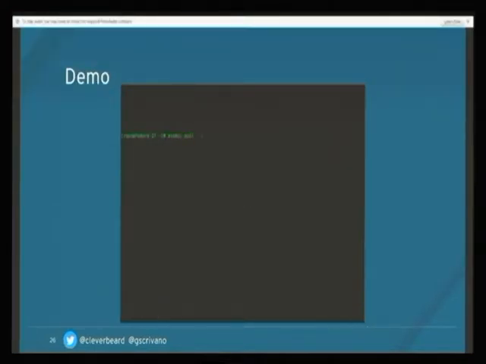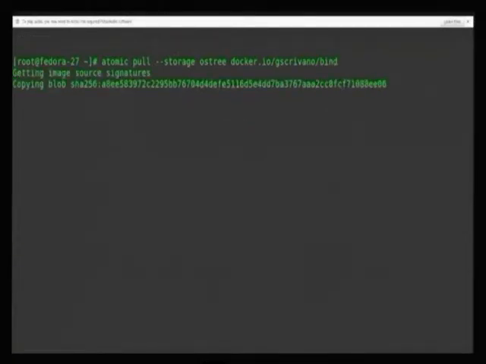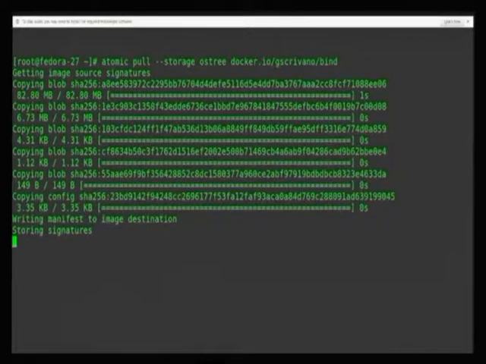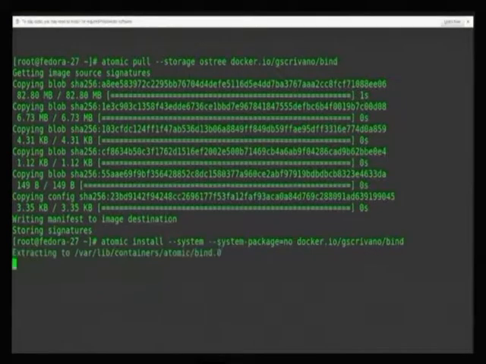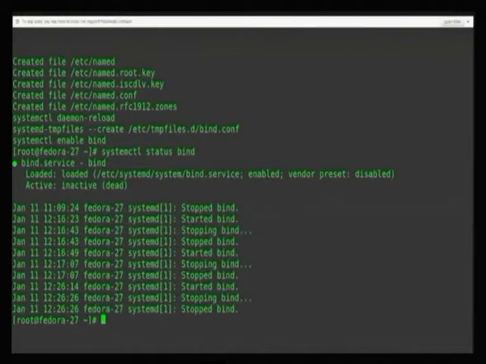And I will show you now how these things work. This image is already on Docker Hub, so if you want to play with it, you can already try it. We are telling Atomic to pull the image that is not present in our storage yet, and we just delegated this to Skopeo, and that copies the image to the OSTree storage. Here we try to install the system container with atomic install --system, and here you can see that it creates some files on the host file system. All these files are generated,